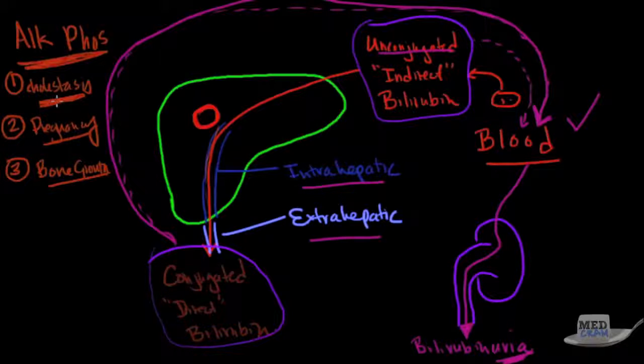If you have an elevated alkaline phosphatase, you're not exactly sure what's causing it. Is it cholestasis, pregnancy, or bone growth? But cholestasis is one of those things, and if we see a blockage here, you will get an increase in alkaline phosphatase, but it has a low specificity for cholestasis. The biliary ductal cells are what increase it. You can see an increase in most types of liver damage as a result of that, and high levels are seen in cholestasis. So because of that uncertainty, there's another test called a GGT,